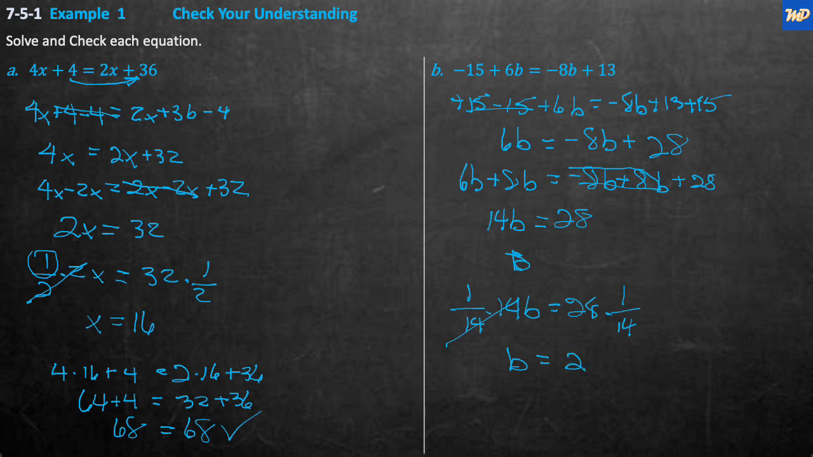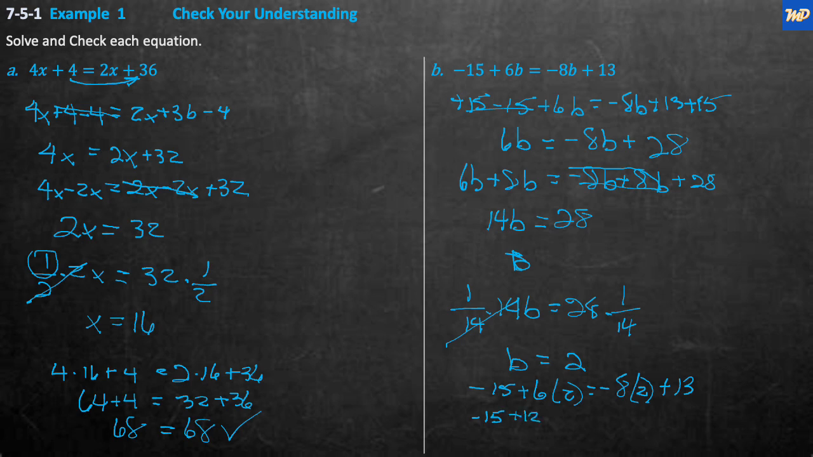And if we put a 2 in here: minus 15 plus 6 times 2 is equal to minus 8 times 2 plus 13. So what does this go to? Here we've got a minus 15, and this is 2 times 6, so that's going to be 12. So minus 15